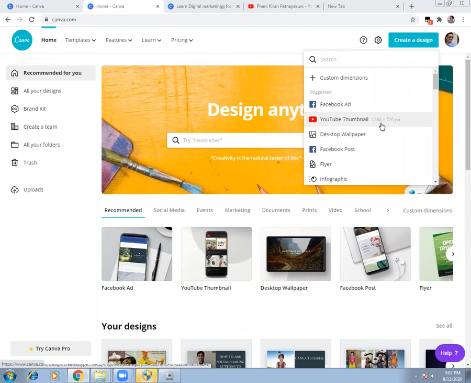We can upload. The more you know the tools, the better it is. For a digital marketer, the tools are everything. So I'm just giving you this tool. See, even I don't know anything about photography. I know how to click photos on mobile. I don't even do any editing on my mobile. If I have to do any editing, I'll bring it onto Canva. I will just adjust the size. It's a very easy platform.